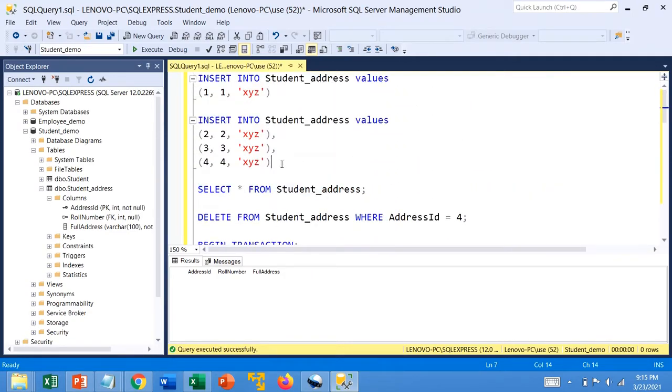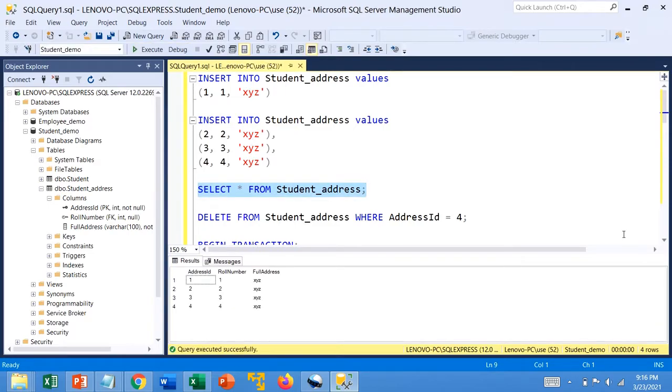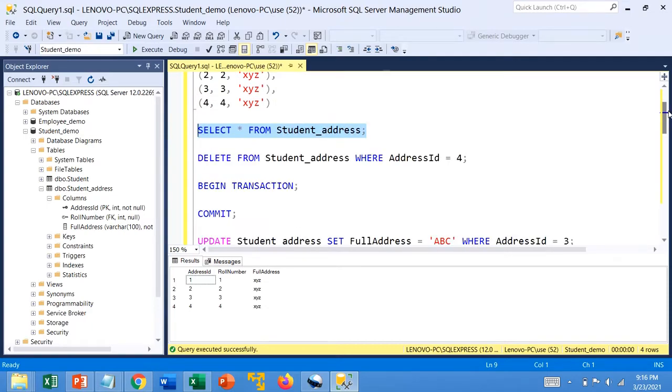Now let's once again insert all the records. 1 plus 3, 4 rows affected, so we have 4 records in our table. And now let's try to drop the entire table.